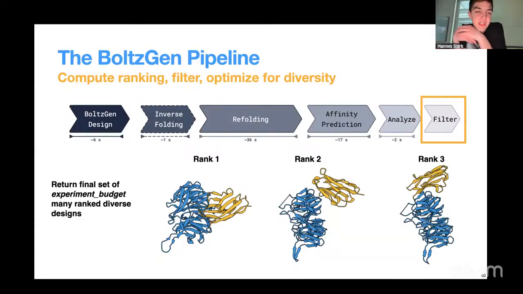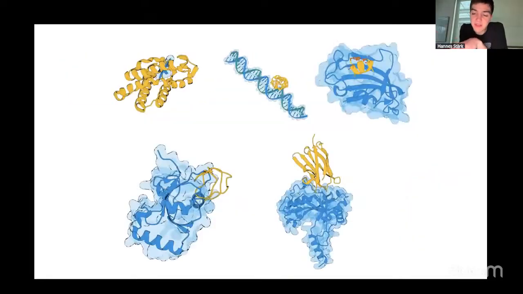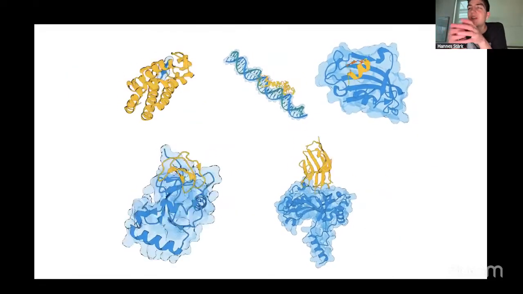And then from the single ranking, we run a quality diversity optimization algorithm to balance quality, having high ranks, with also having high diversity in the binders that we designed. And then we obtain the final set of designs, like 15, for example, that we test in the wet lab. And we'll get to these wet lab results now, but before that,